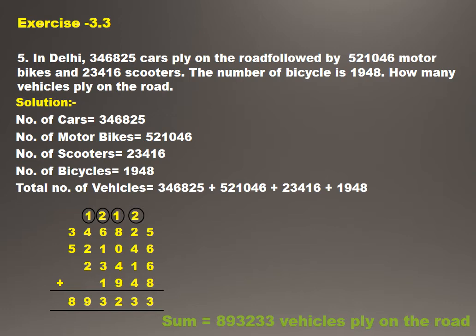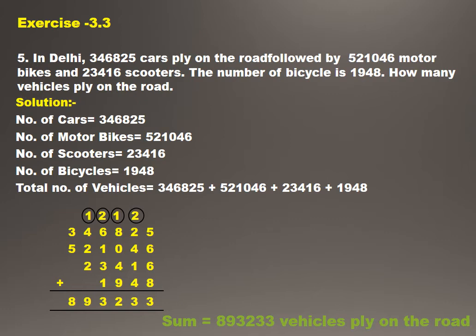Question number 5 is, in Delhi, 3,46,825 cars ply on the road, followed by 5,21,046 motorbikes and 23,416 scooters. The number of bicycles is 1,948. How many vehicles ply on the road? What you have to do in the beginning, write down solution. Then take out statements from the question. First line is 3,46,825 cars ply on the road. So what is the statement? First statement, number of cars is equal to